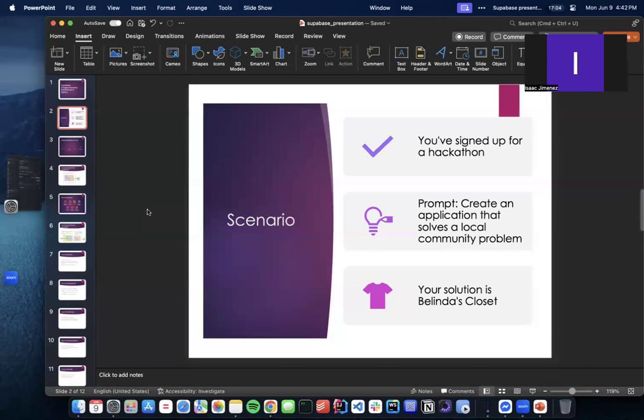So let's imagine that you just signed up for a hackathon. For those who are unfamiliar with hackathons, essentially you get a set amount of days to come up with a software solution using your tech skills and a prompt. And this prompt sets you off where you need to create an application that solves a local community problem. And then for this hackathon, you end up deciding that Belinda's Closet would be a problem that needs to